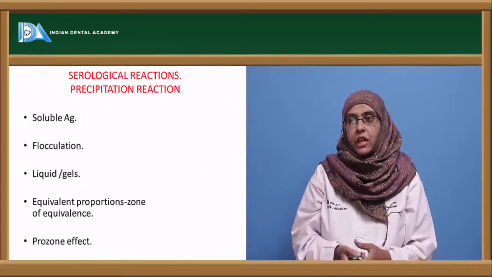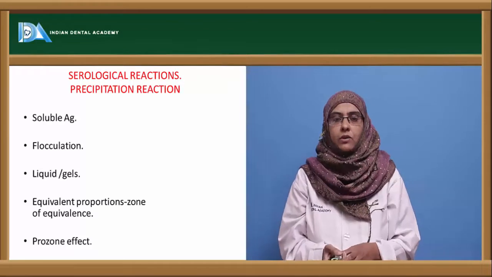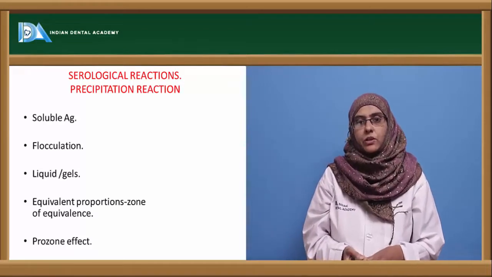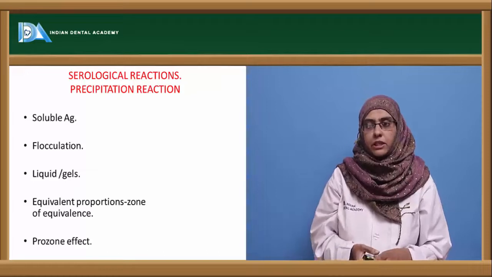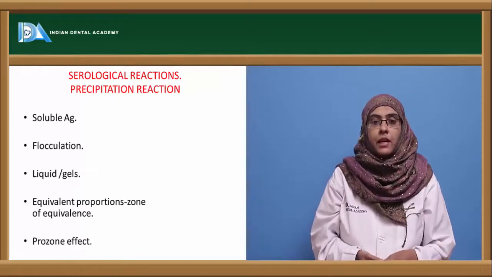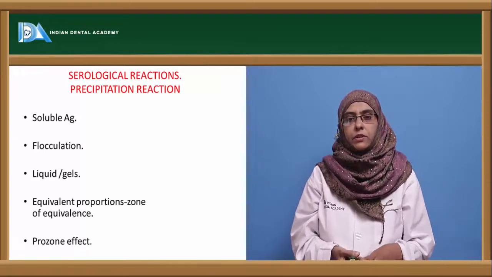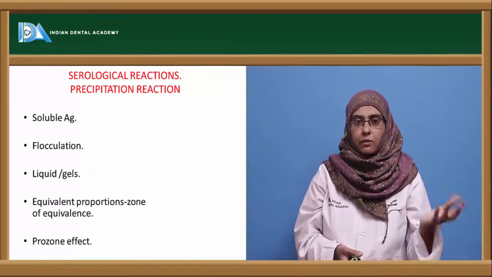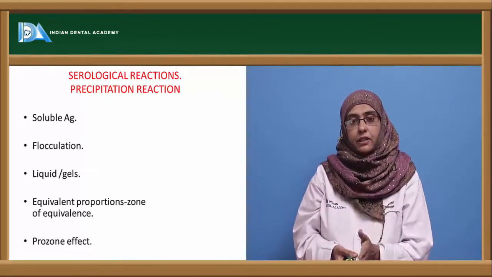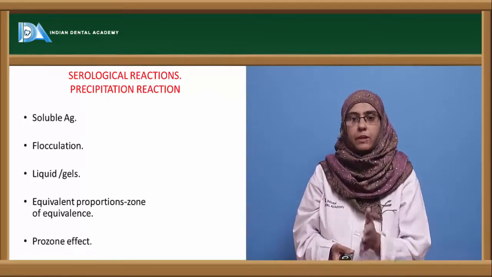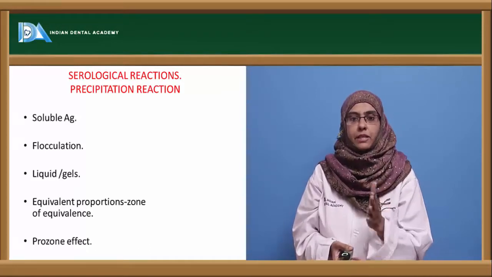Now there are different types of serological reactions carried out as in vitro techniques to identify either the antigen or the antibody. The first and foremost is the precipitation reaction. The precipitation reaction occurs when a soluble antigen interacts with a specific antibody in the presence of electrolyte, that is NaCl, at a standardized temperature and pH,